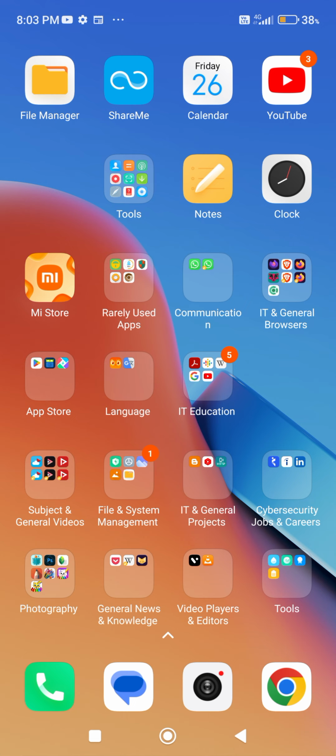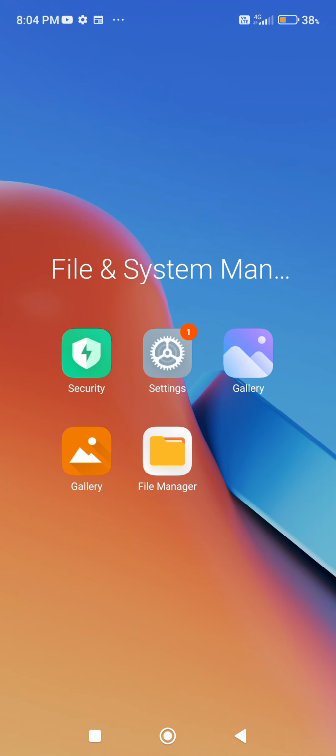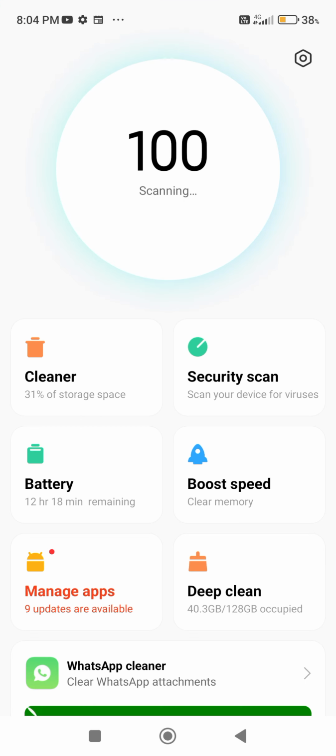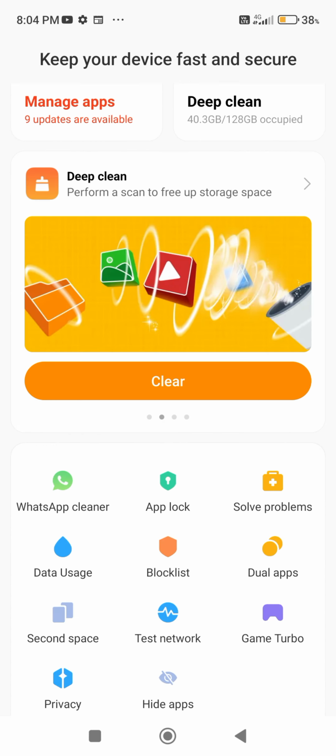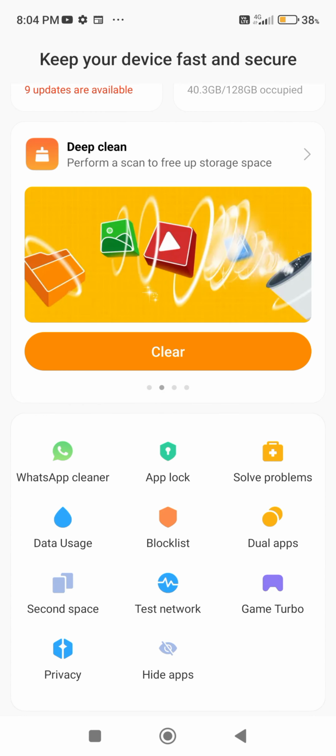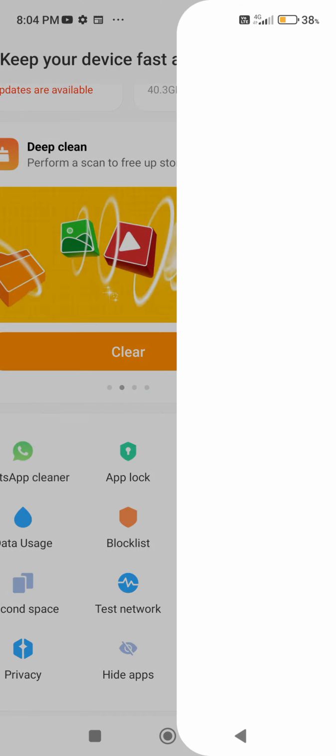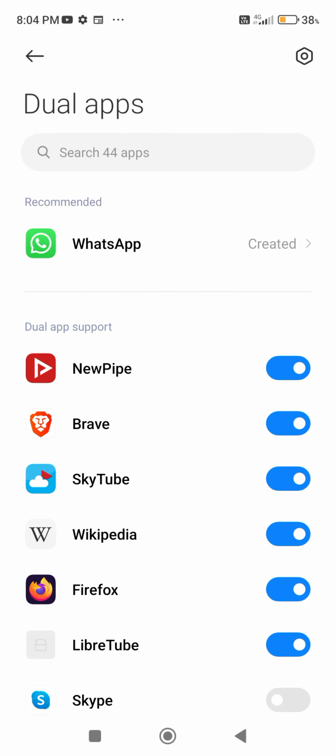Today I'm going to show you yet another interesting video, this time on how to create Dual Apps and manage its storage. Okay, so first things first, in order to create Dual Apps, what you need to do is go to security. I'm using my phone, I don't know how it is on other phones. On my phone you need to go to security, and at the bottom you will have an option to create Dual Apps, and